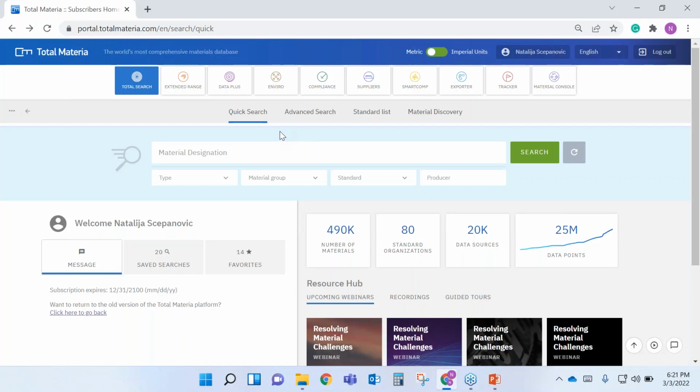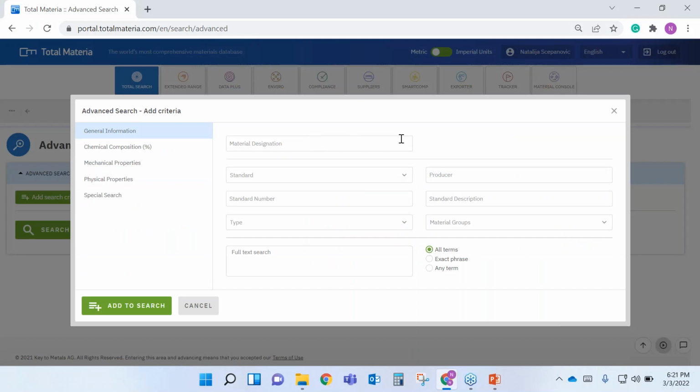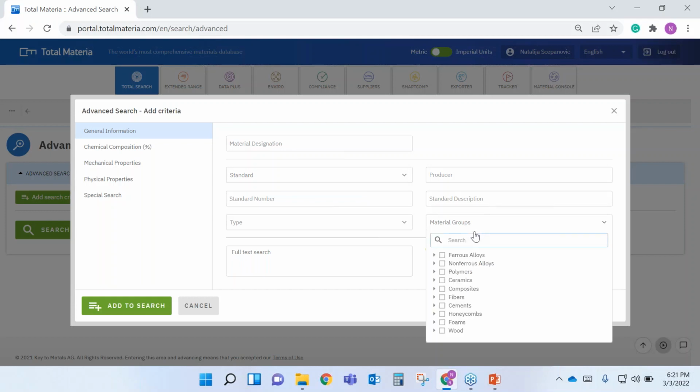But of course, sometimes you don't know the specific material you need, but you have certain criteria points that you have to make up. That's why we created advanced search. You could add up to 200 different properties and try to filter the material based on that criteria. Under general information, you could always choose the material group, type, standard, and for our non-metals users, if you want to search by reinforcement, simply select